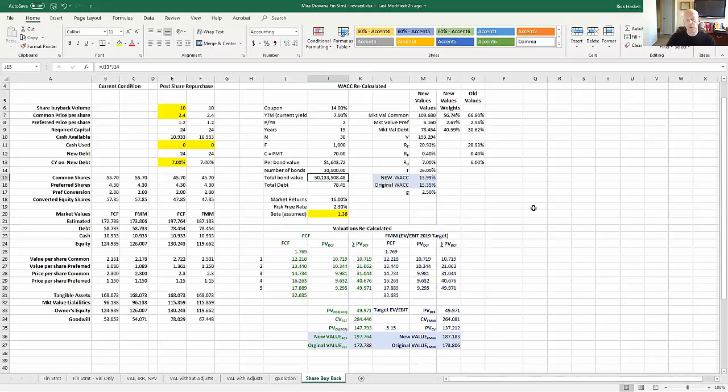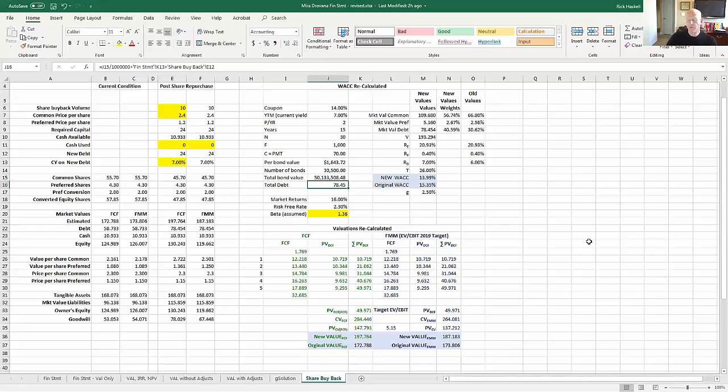Well, that would make sense to us. We understand that that would be the case. We went from $17.84 per bond to $16.43 per bond just because the interest rate changed in the current market. The coupon rate didn't change. Nothing else was altered here. Just the current yield, the interest rate in the current market, and of course that informs yield to maturity in the bond value equation. Well, that then gives me a total debt amount of 78.45.